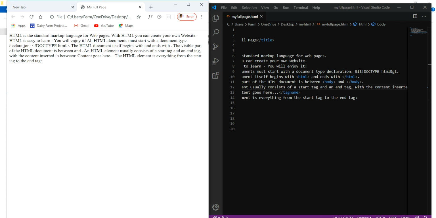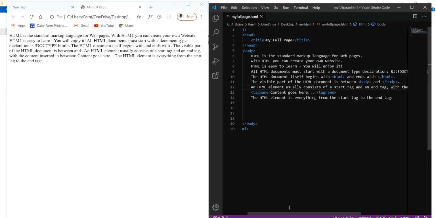Now you see it over here, less than doctype HTML. Again I have written the HTML document itself begins with and ends with. So here it is written as HTML document itself begins with HTML and ends with the HTML.